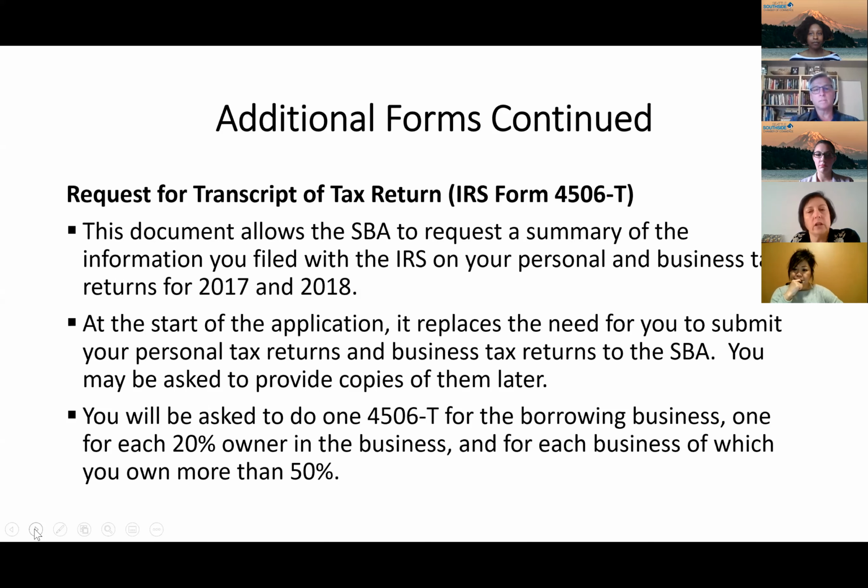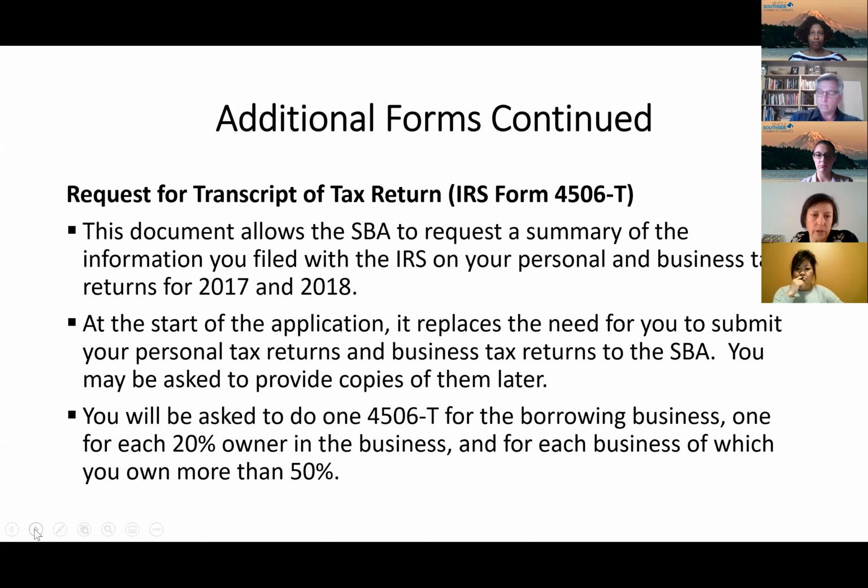So what you need to think about is that you will be asked to provide an IRS 4506T form for you personally and for your business tax returns if you file separately. If you are a sole proprietorship and or your business files through a Schedule C on your personal return, if you're a limited liability company or a sub-S corporation, then you will only be doing a 4506T form for your